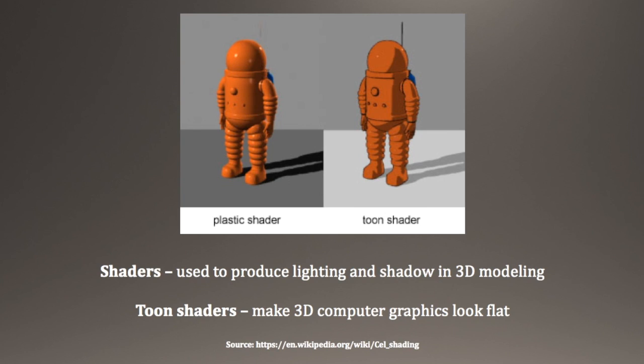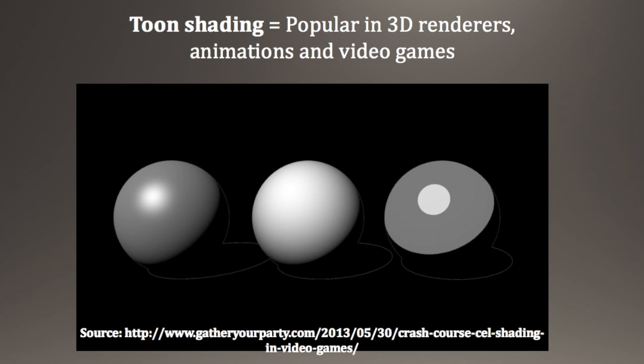Among the different types of shaders, there is toon shading, which is basically a type of non-photorealistic rendering. It is designed to make 3D computer graphics look flat, and it is often used to reproduce the style of cartoons. As you can see in this picture, there is a visible difference between a plastic shader and a toon shader, especially in terms of materials. Research shows that in recent years, toon shading has proven to be quite popular in 3D renderers, animation, and video